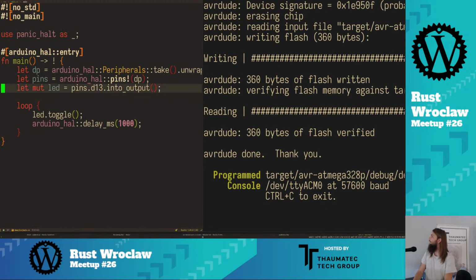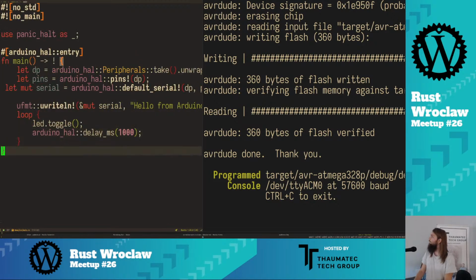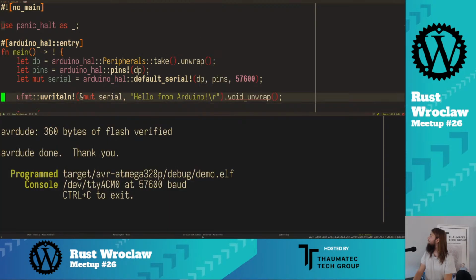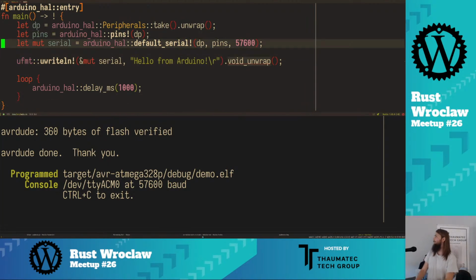Okay, and well, let's replace the LED logic. Can I make it wrap lines? No, with wrap lines as well. Okay, so maybe like that. Yeah, this should do it. Okay, so what the code we have now does is initialize the serial console. So then the serial object we have will allow us to send and receive text. The variables here are those two from initialization stuff,